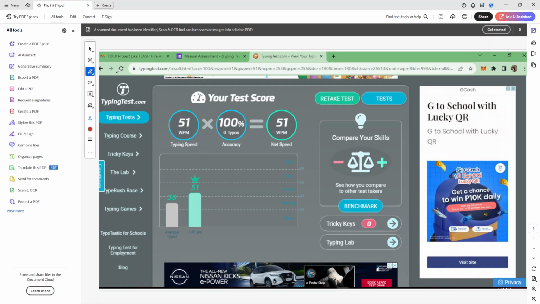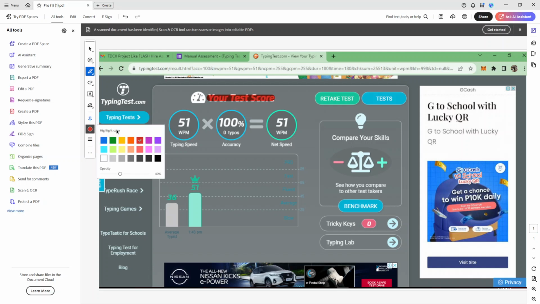Now, with the highlight tool active, it's time to select the text. Click and drag your mouse over the text you wish to highlight. You'll notice that as you drag, the text will be highlighted in a translucent color, often a shade of yellow or another pastel tone, which ensures the text remains visible yet distinct from the rest of the document. This step is where highlighting becomes an art. Select text that is key to understanding the material or that you want to easily locate later.